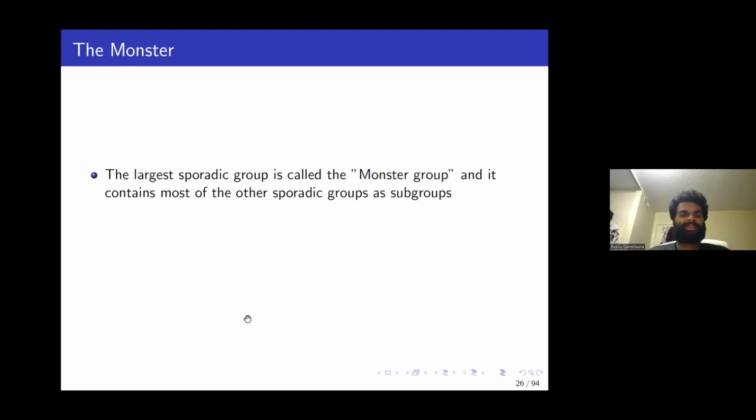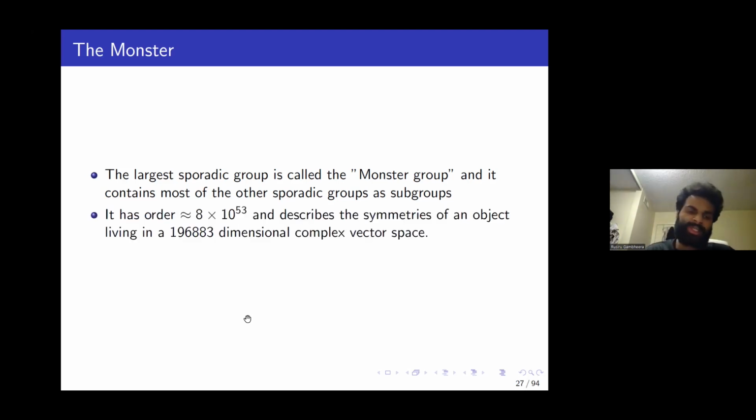And the largest of these sporadic groups is called the monster group, and it contains most of the other, I think 20 of the other sporadic groups. And yeah, people are still struggling to understand what the monster actually is. So as I said earlier, all the groups are describing some sort of symmetry of some object, right? So it turns out that this monster group has the order of approximately 8 times 10 to the power 53, and it's describing symmetries of an object living in